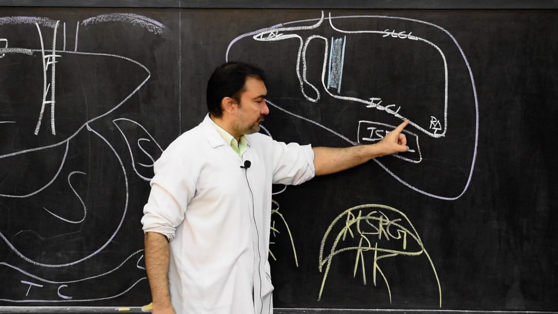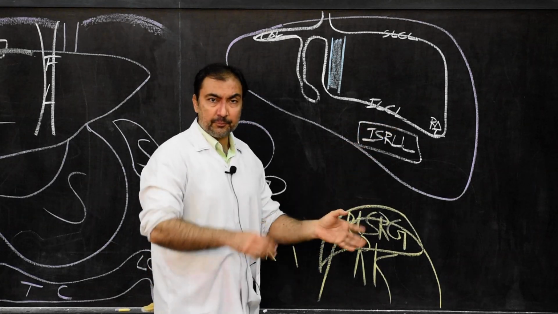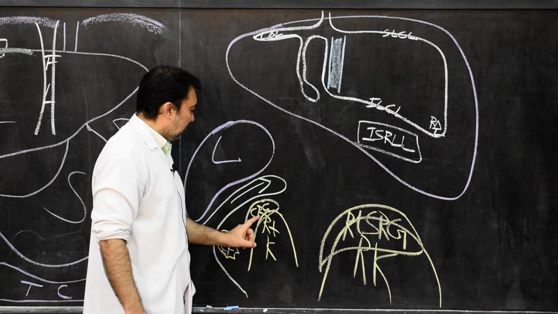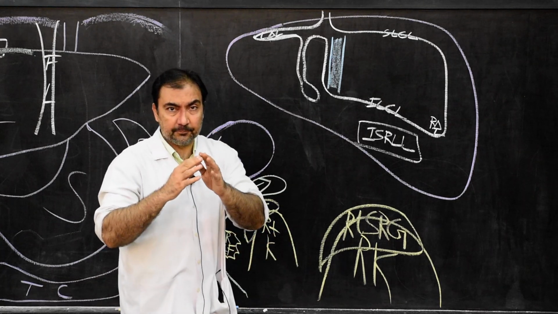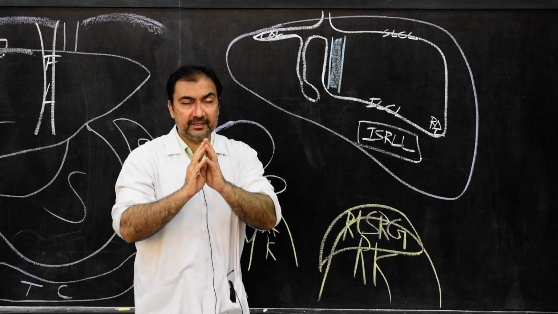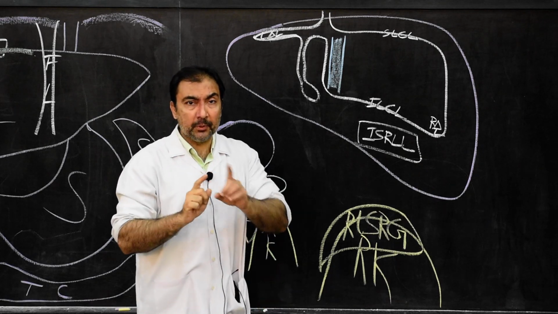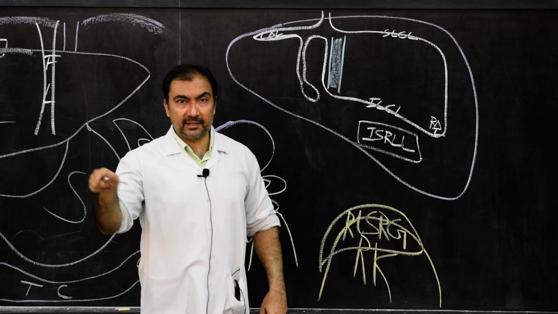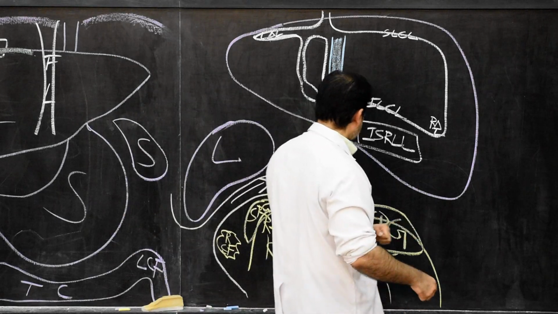So superiorly by inferior layer of coronary ligament, anteriorly by the inferior surface of the right lobe of the liver, posteriorly by the right colic flexure, the right suprarenal gland and the right kidney. Three walls are clear. Now this hepatorenal pouch, or the right subhepatic space, or the right intraperitoneal recess will be open on three sides: left, right and inferior. How it is open, please try and understand.